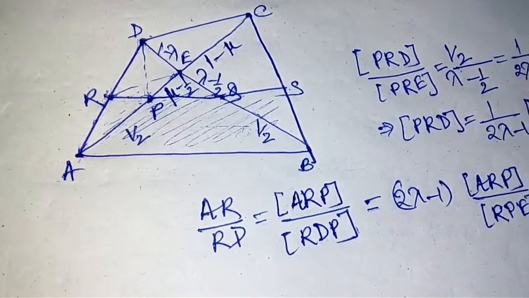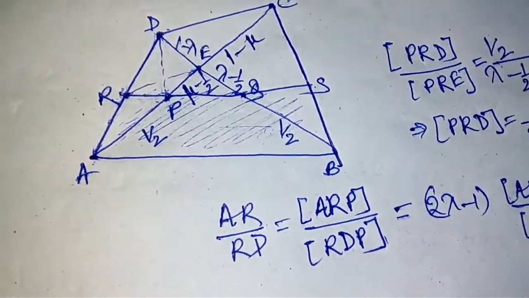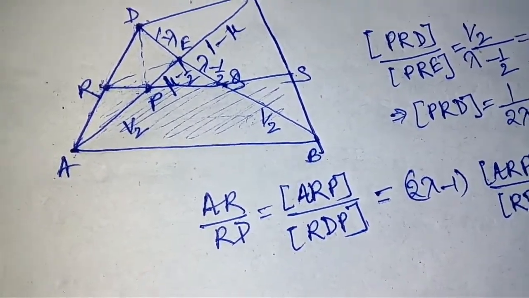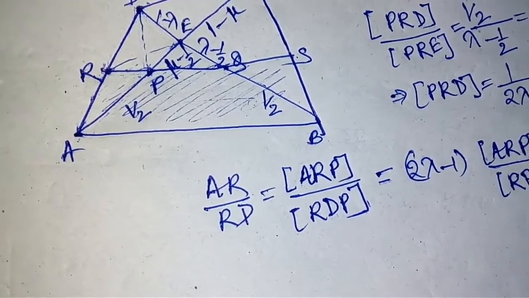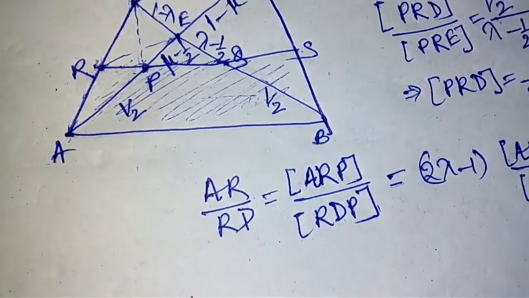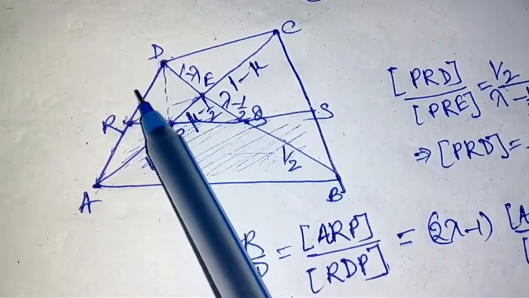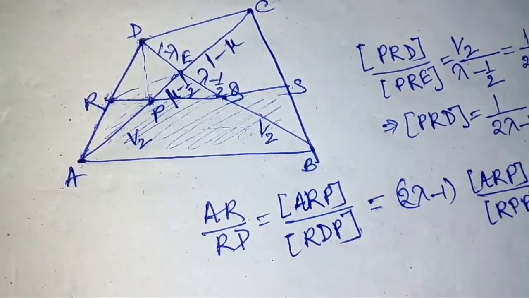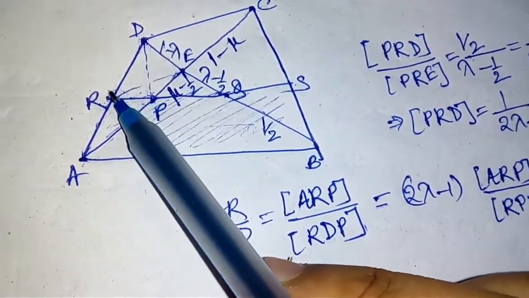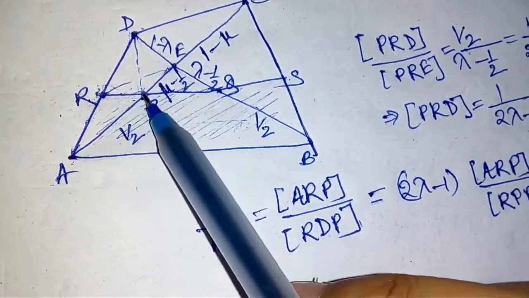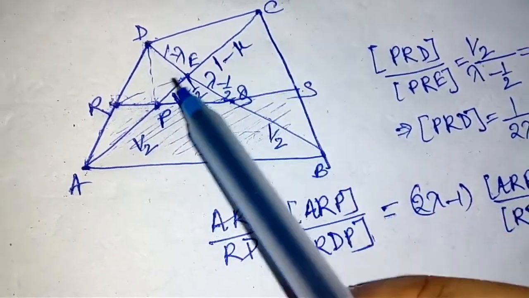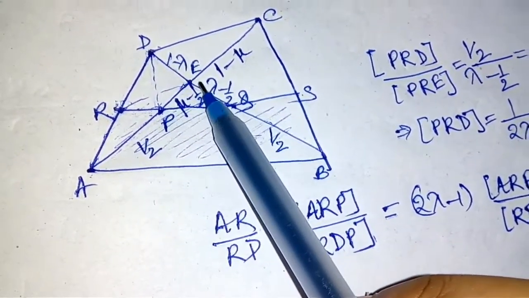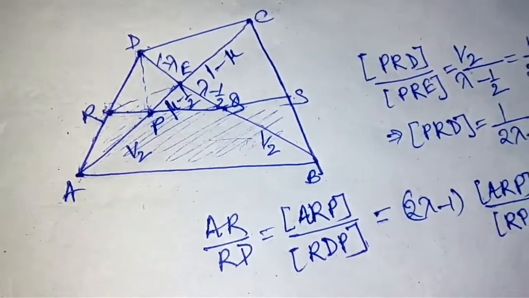Now the second most important point is that we have to convert this area ratio into a new area ratio, transformed area ratio, whose value I can calculate. And using the transformed area ratio, I have to calculate a new length ratio and I have to equate the two length ratios to get my final answer. So ARP by RDP. Now specifically to this question, and more specifically we can apply this to many more questions, that we have to identify the common base. Common base is RP. Now in any one triangle I have to slide the vertex so as to get a new triangle, and using that triangle I will try to calculate the areas.